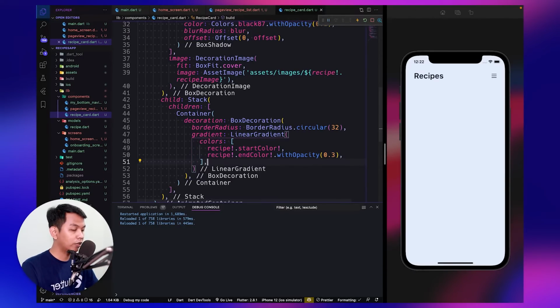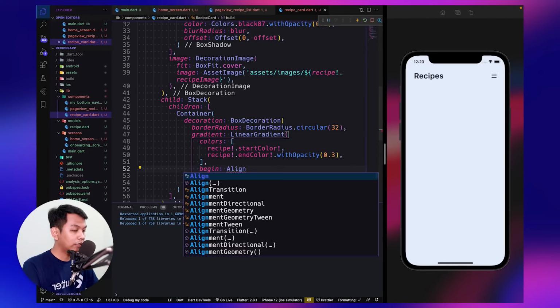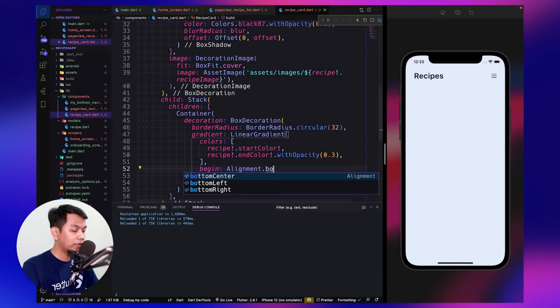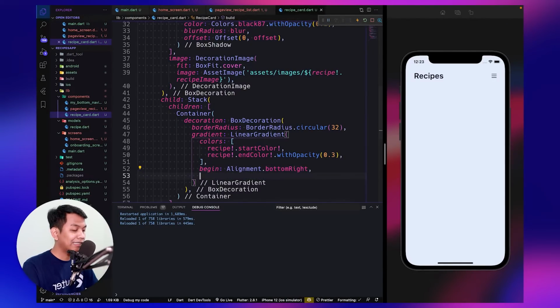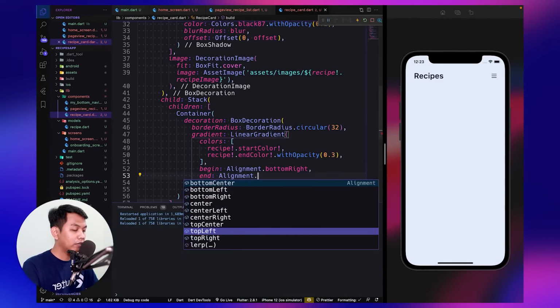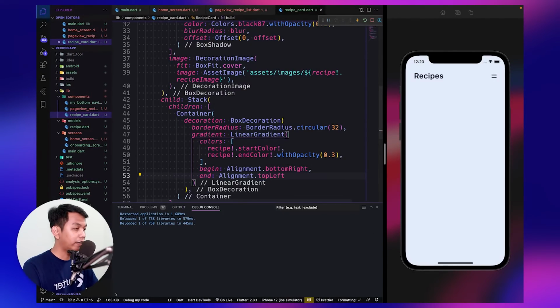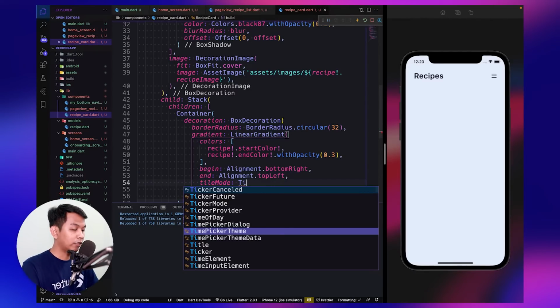When you use Flutter more than 2.1, I think. And here, begin, we set the alignment to bottom right. As we can see, it's from the bottom right, and the end is alignment top left. Yes, that's right. For the tile mode, we say clamp.